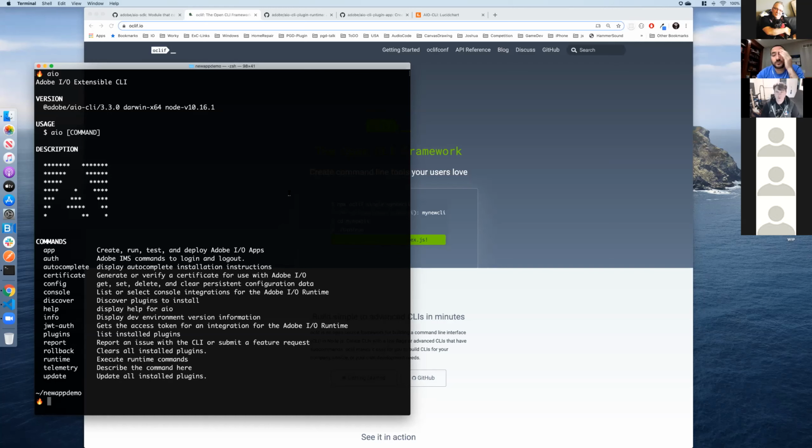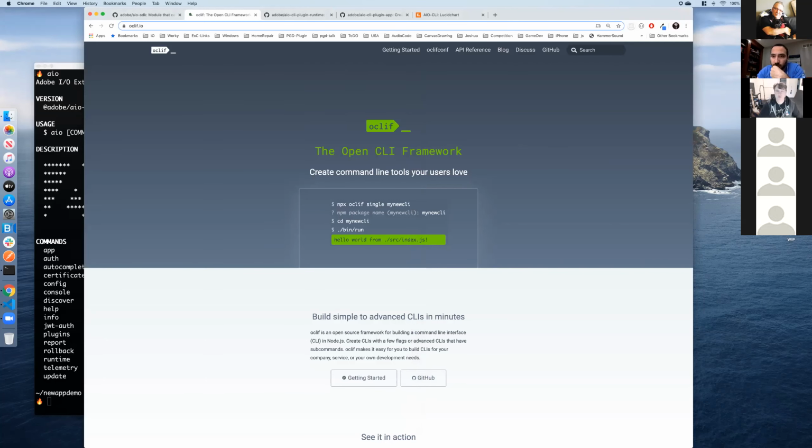And along the way, we discovered what's called OClif. OClif is an open CLI framework that really makes it easy to produce a pluggable CLI for CLI tooling. So we adopted this and went after it, and it's been really good.